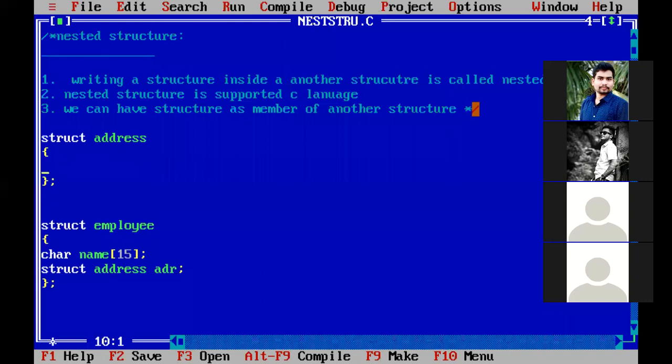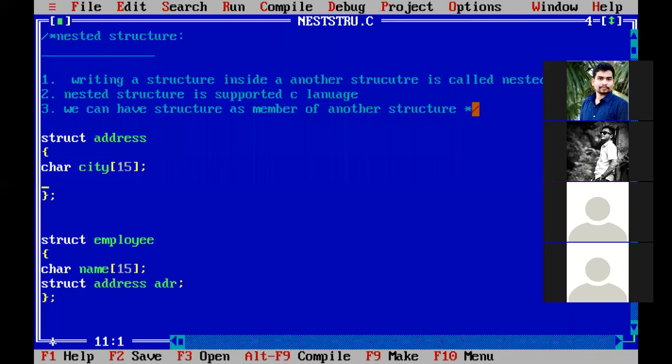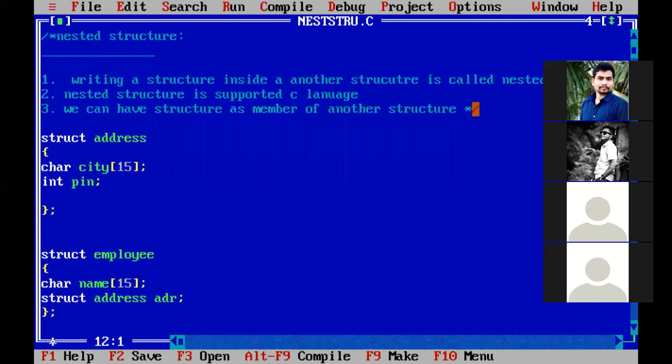What are the members of the address? The first one is city. Is city a character or integer type? Character, a group of characters, so I am going to take 15 characters. It is a character type. The next member of the address structure is the pin code. Pin code is an integer type. The third member is